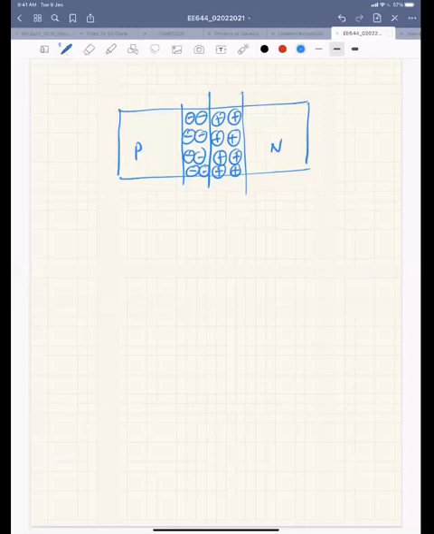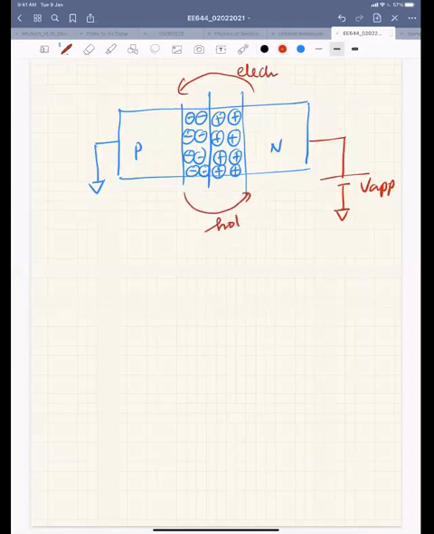So in the reverse mode, my applied voltage is positive, applied to the N side, right? So I am in the reverse bias case. But when you are reverse biasing this junction, there is no electron injection. So electron injection here and hole injection here is very low, very low meaning even non-existent, because as I told you,